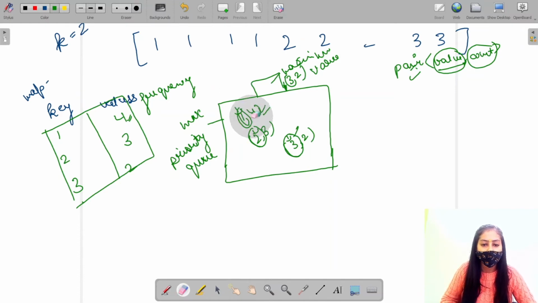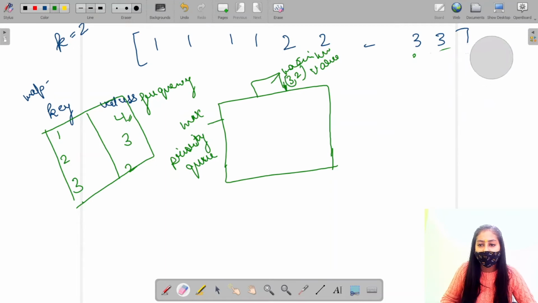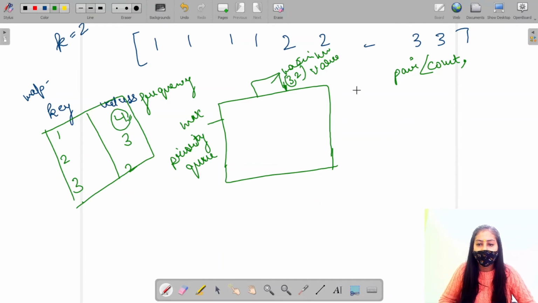So what will we do? We will implement this pair class in which the first value is going to represent the count, the number of times an element occurred in the array, for example 4, and the second value is going to represent the element. So the pairs are like 4 1, so 1 occurs 4 times in the array. 3 2, so 2 occurs 3 times in the array. 2 3, so 3 occurs 2 times in the array. In this way, on the basis of the first value, the topmost element in the max priority queue will be 4 1. So we want this.